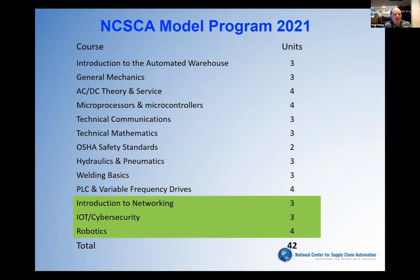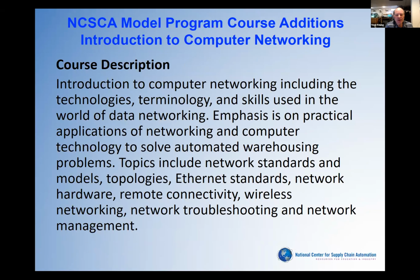Three new courses: introduction to networking, IoT cybersecurity, and robotics. These are three new courses in our model program, and we'll break these out in a little more detail here for you so you can see. You'll get copies of these, but in the introduction to computer networking, we thought it's important for the supply chain